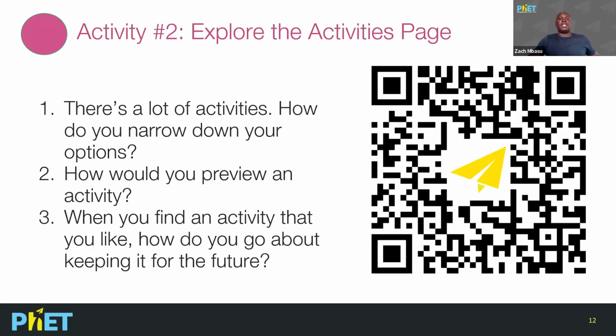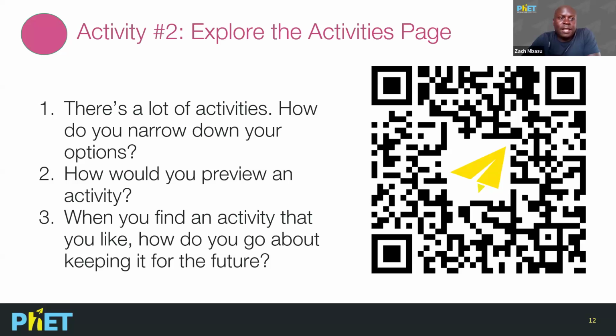You can try and scan that QR code for that particular simulation, and then try to see how you narrow down your options. You can type in the chat box: how would you preview an activity? And also, when you find an activity, how would you go about saving that activity or keeping it for future use? So I'll give you a minute to just try it out, and then you can type in the chat